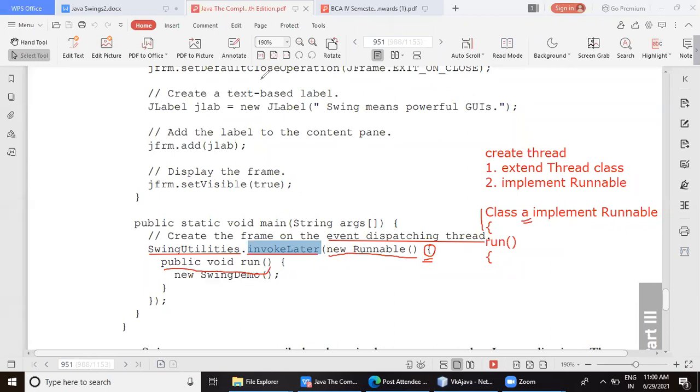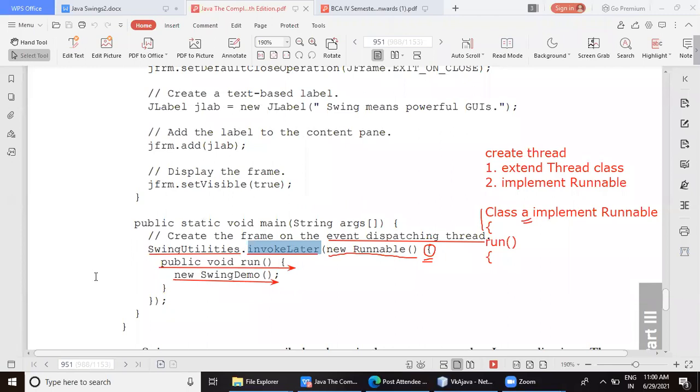I'm using the method run here and I'm providing a body to that. What I want to do in the run method, I'm just creating a new object here. See, actually in my earlier program, I had created an object of my class completely like this, frame of far equal to. So here what is my class name?